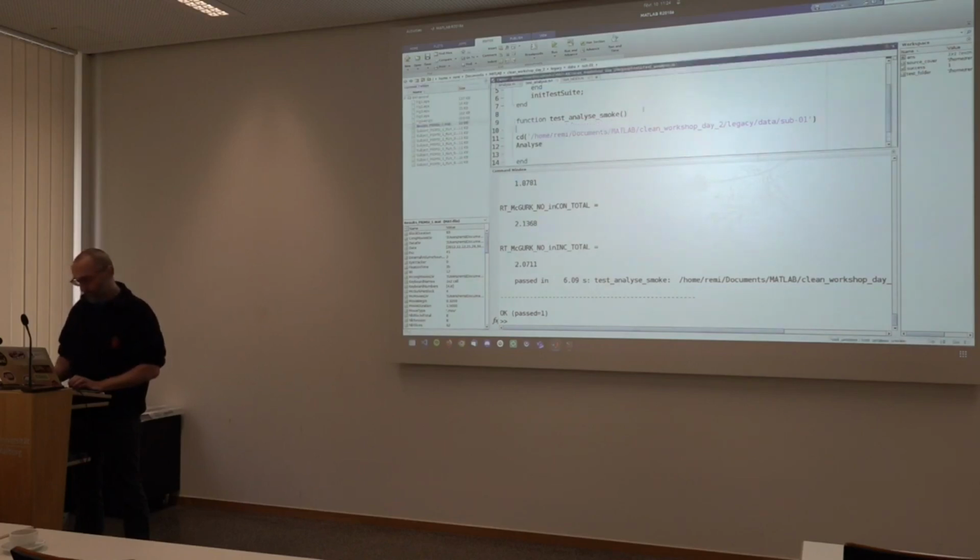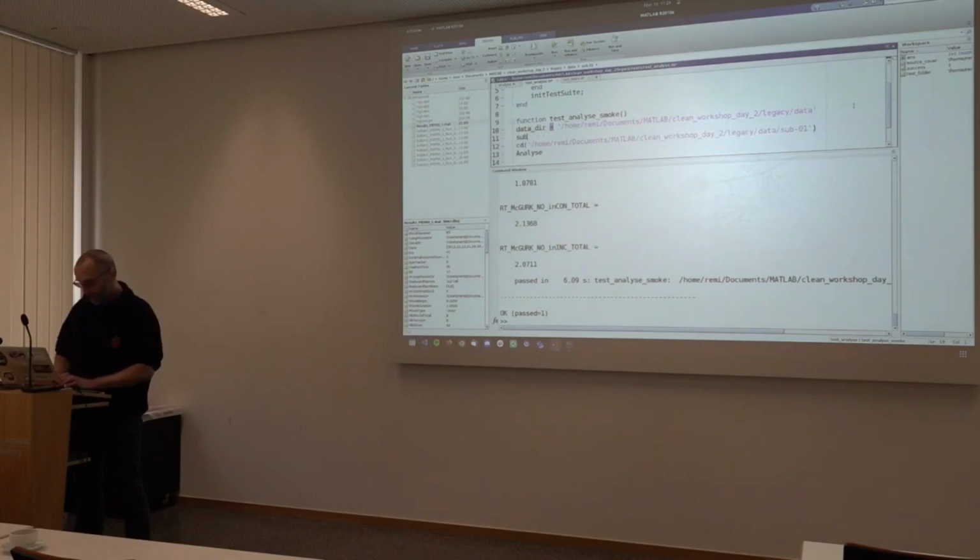So first of all, let's write this in a way that's a bit easier to work with. We're going to have our data directory be this one. That's our data directory.